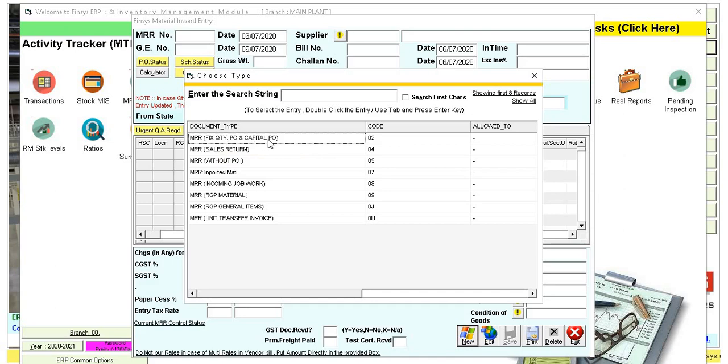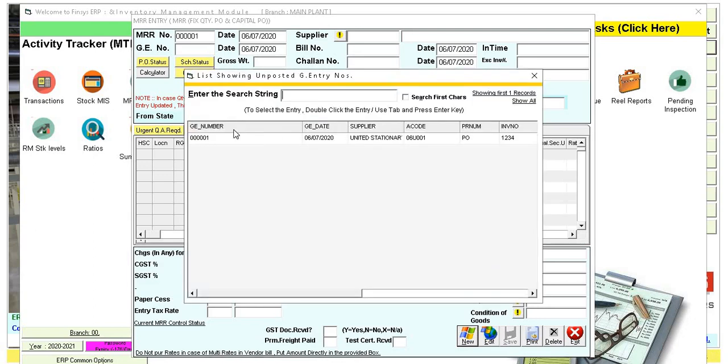Go to the MRR based PO. We have to imagine a situation where the store person has the vendor bill and the gate entry slip in his hand. On the gate entry slip, it is clearly written PO based material. So he selects the PO based material. The gate entry that was done earlier pops up on the screen. Only those gate entries which are yet to be posted as GRN will show here. That means the gate entries for which the store person has already done a GRN will stop showing in here, automatically knocked off as soon as the gate entry MRR is made.